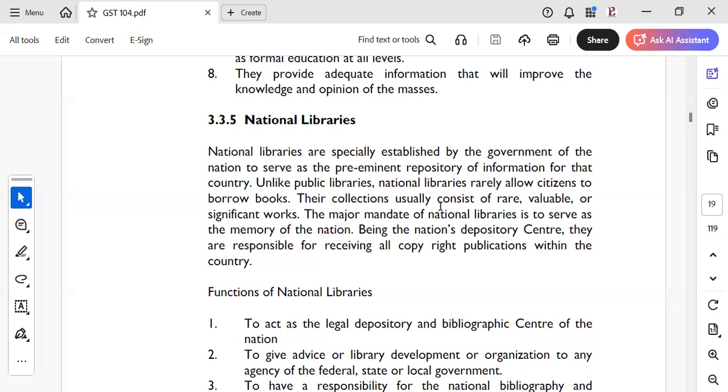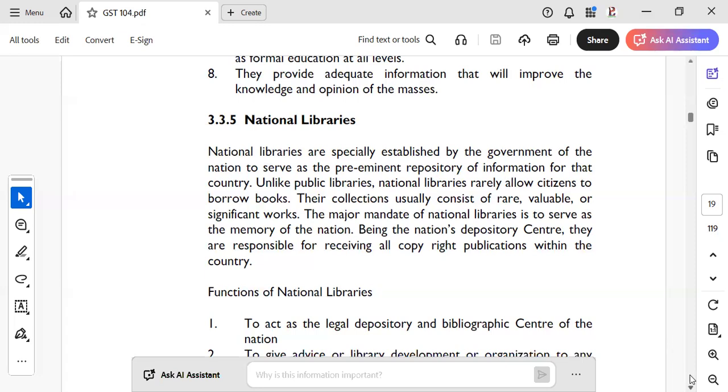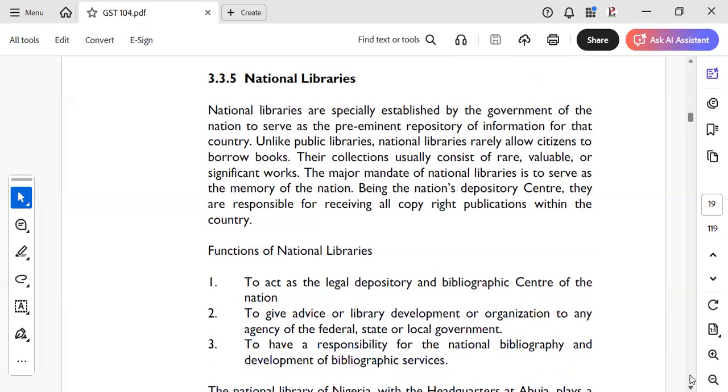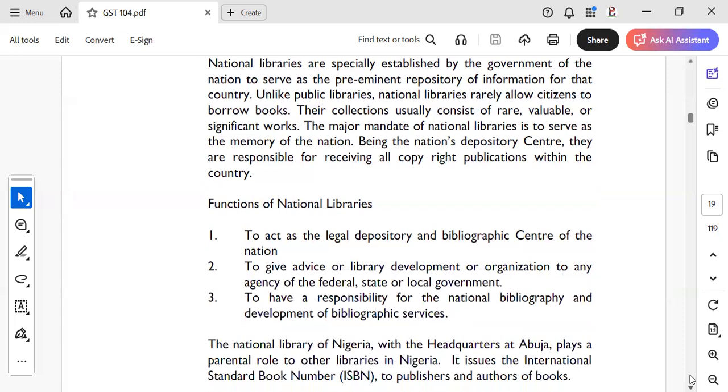No, you enter when you have access. And there must be a reason why you want to go there. You can't just go there for nothing. It contains some important information about the country. That is, it serves as the memory of the country. So when you see a question asking which library serves as the memory of the country, that is the